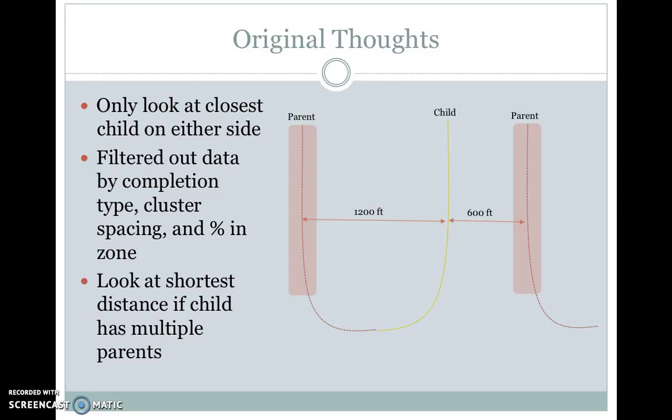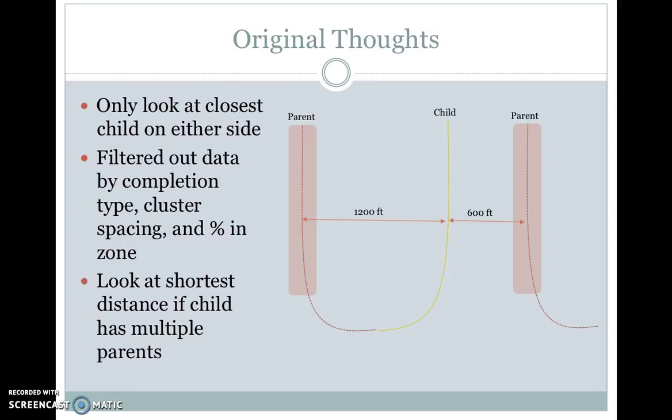production characteristics. We filtered out data with a cluster spacing less than 65 and greater than 95 feet. We only used wells that were completed using a slick water completion fluid and the wells that had to be in the completed zone. If you look at the graphic here on the right, we will only take the shortest distance if a child has multiple